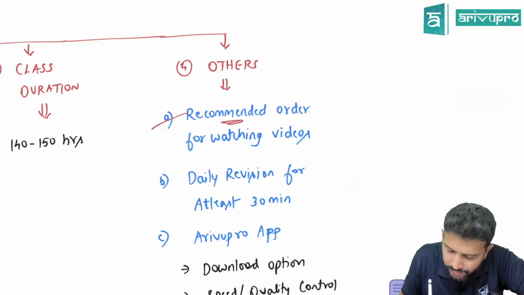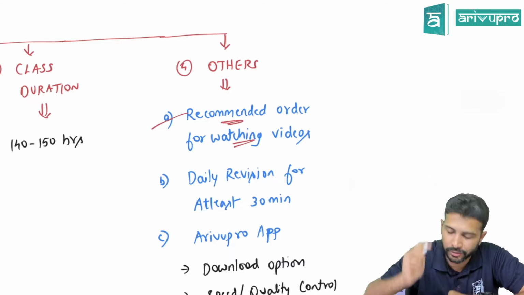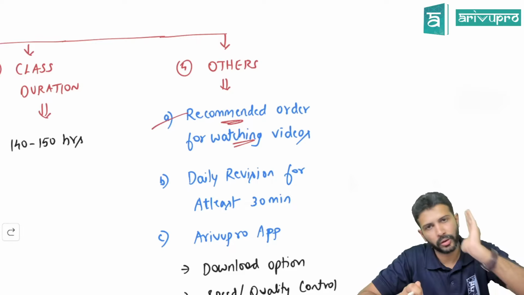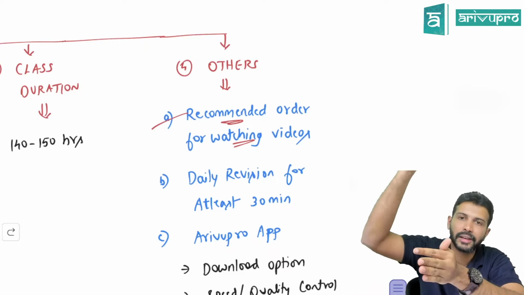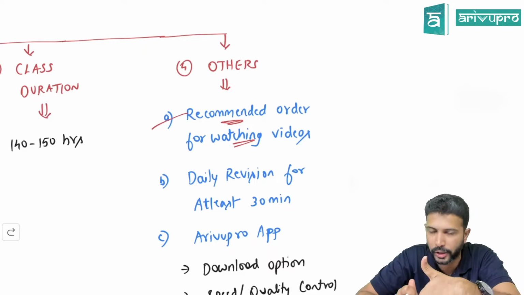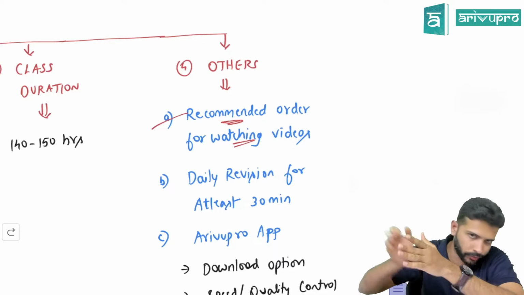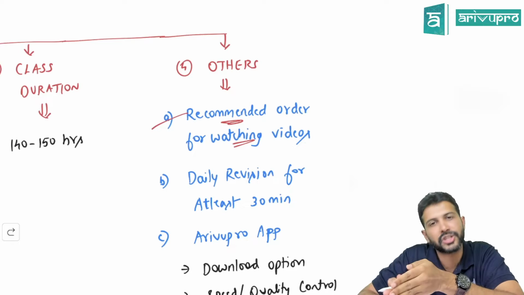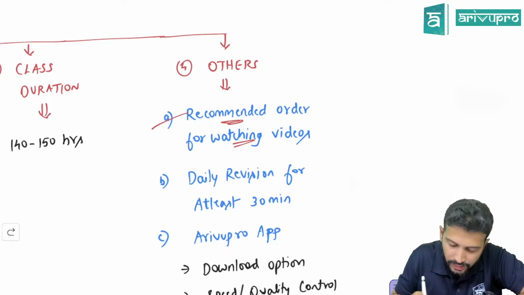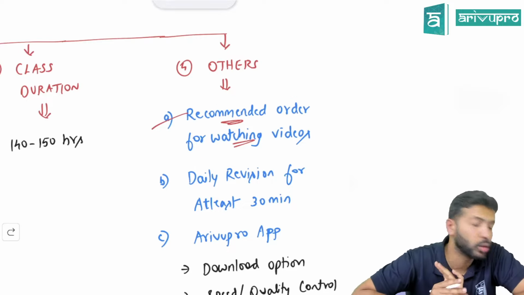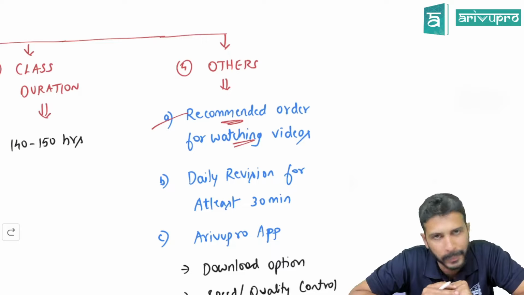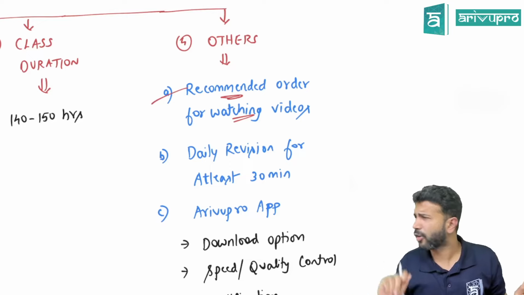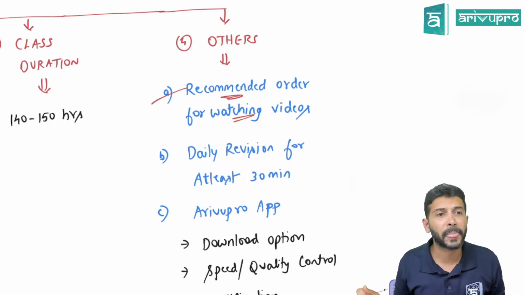To sort that out, I've created one small PDF file known as the recommended order for watching the videos. Refer to that file first; it will give you the order in which you need to watch the videos. This is the same order in which I am doing the face-to-face classes and live online classes. So I recommend you follow the same order to get the maximum benefit. This is more relevant for recorded students. Live online, you don't have to worry because you are lively present anyway.